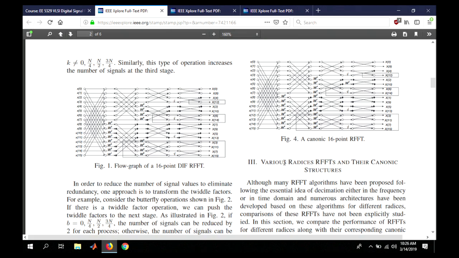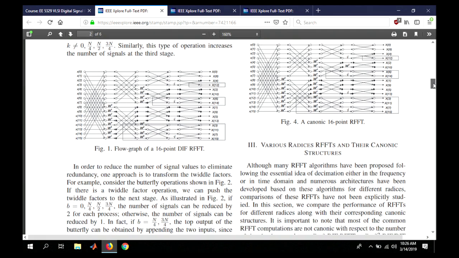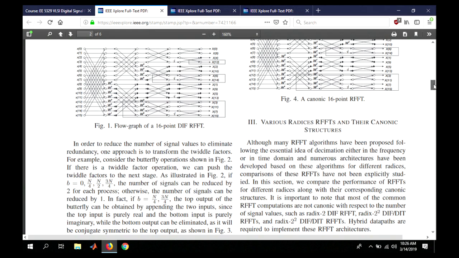And radix 2 squared is in fact one of the most efficient FFT structures, because it has multiplication only half the number of FFT stages, unlike radix 2 where we have twiddle factors after every stage. So instead of having twiddle factors after log n minus 1 stages, after the last one we do not have twiddles. So instead of log n minus 1 stages of multipliers, now we have half log n. So that is radix 2 squared.